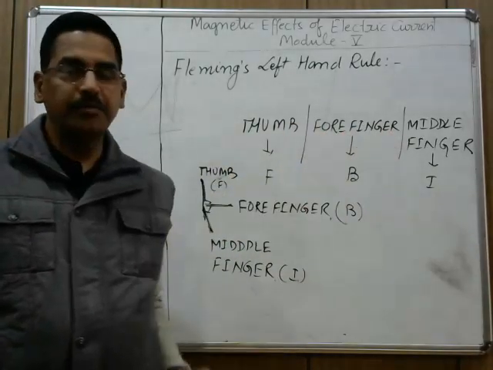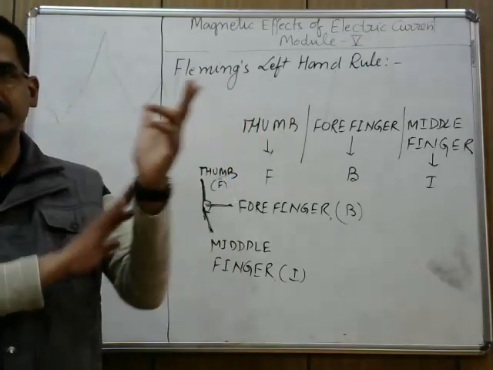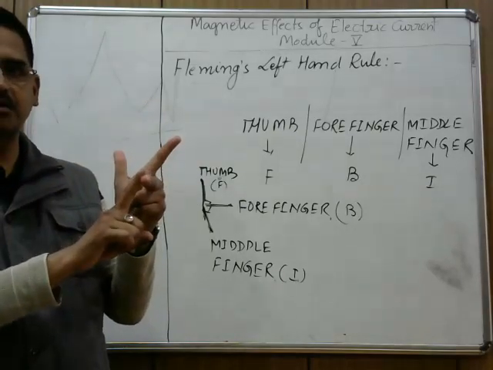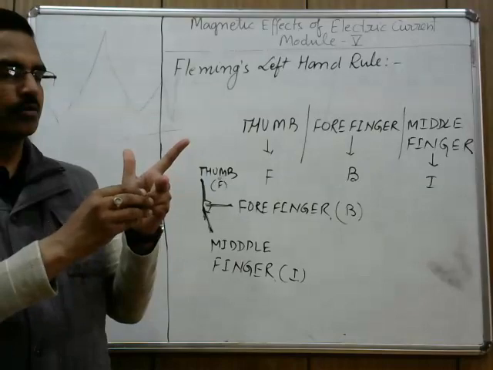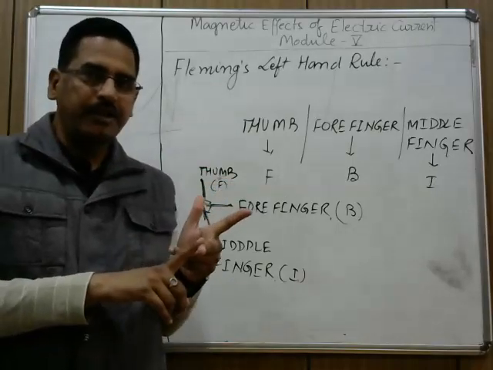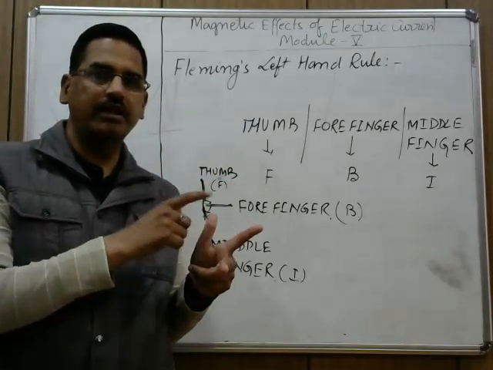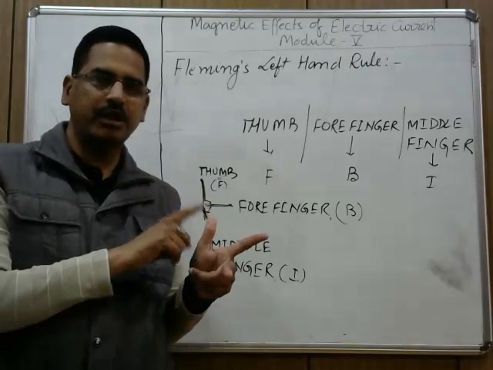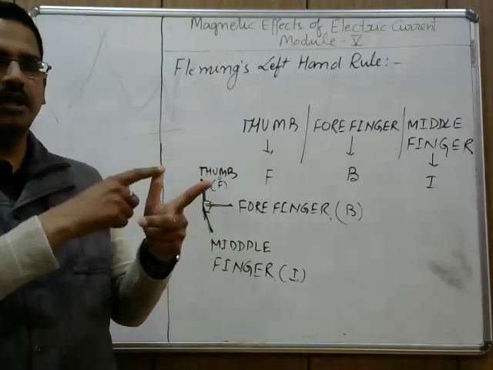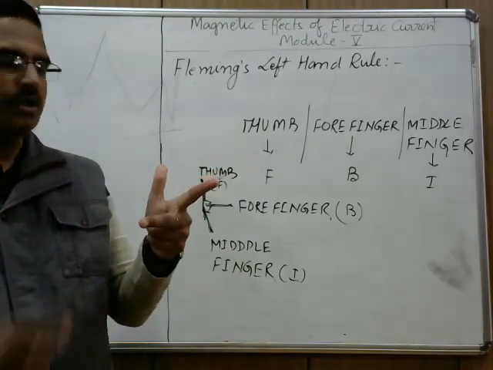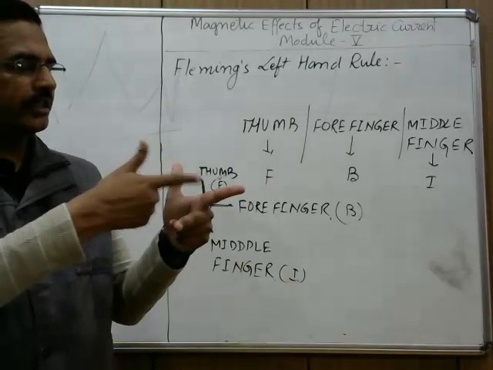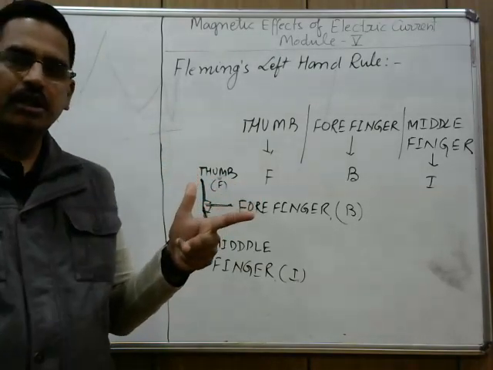Thumb, forefinger and middle finger of your left hand. This is the left hand. So, thumb, forefinger and middle finger. Middle finger is in between, two are on the right side and two are on the left side. So, this is middle finger. Next to middle finger is forefinger. At last is thumb. Or from here, if you start, this is thumb, this is forefinger, this is middle finger. So, we have to stretch thumb, forefinger and middle finger perpendicular to each other. All are making an angle of 90 degrees with each other. This angle is 90 degrees, this angle is also 90 degrees, this angle is also 90 degrees.